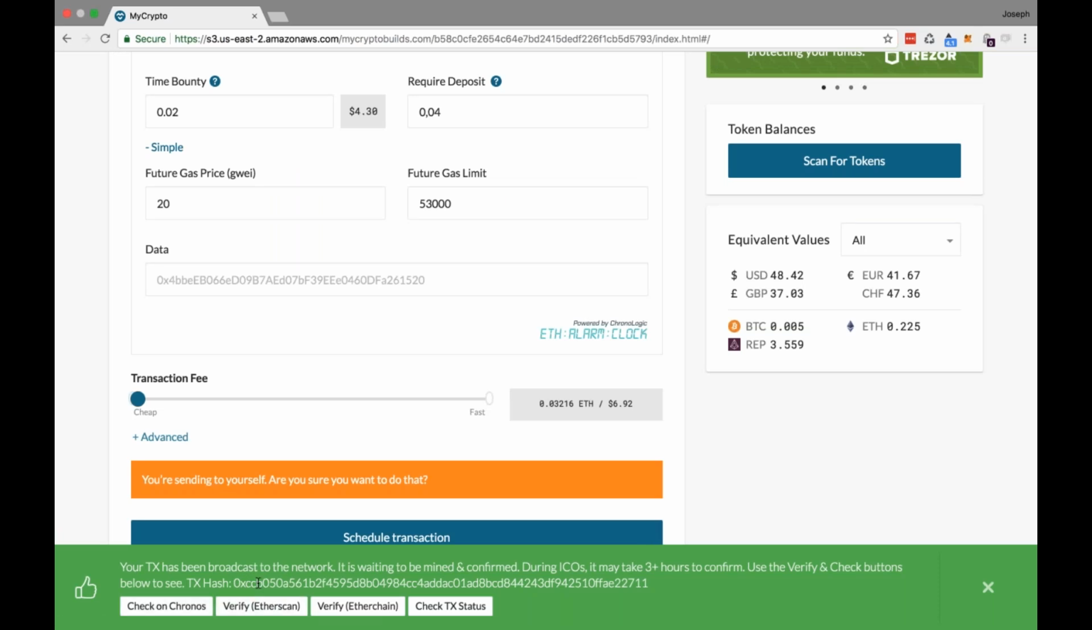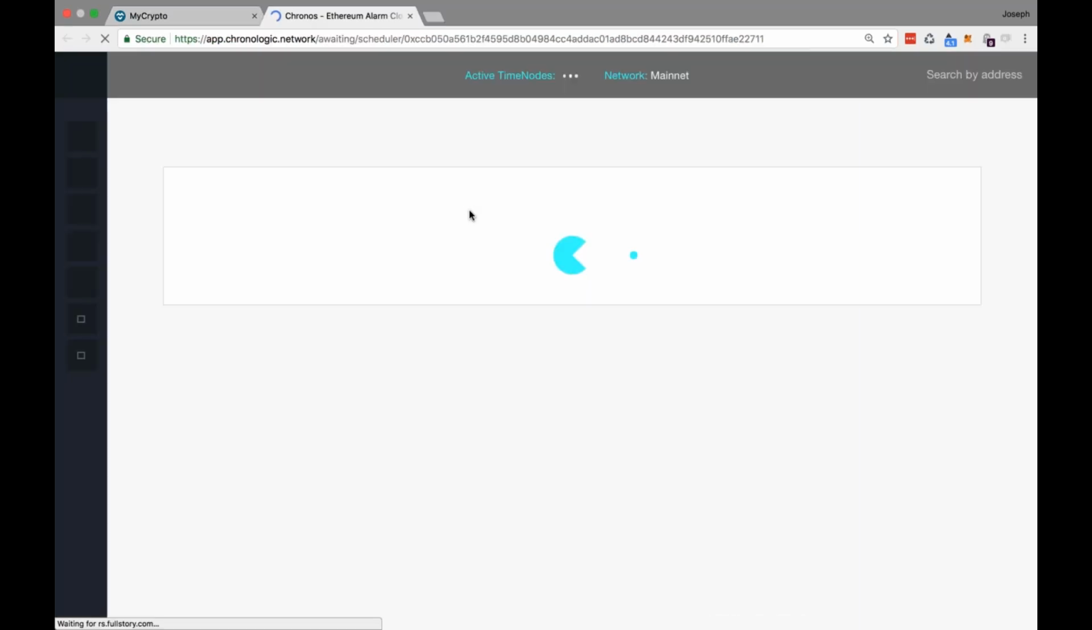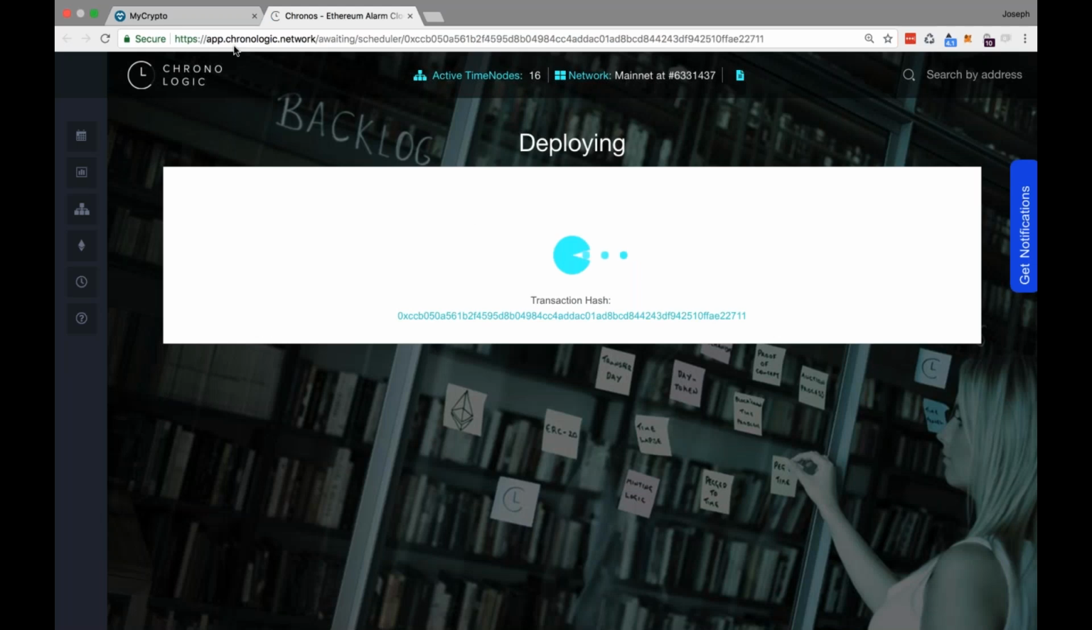What we have done is we have added this button that says check on Chronos. In our Chronos app on app.chronologic.network, you can see all the different properties of these scheduled transactions. So what we will do now is we'll press this button and see where it takes us. As we can see, it has taken us to app.chronologic.network, and it's waiting to be mined. So while we're waiting to be mined,